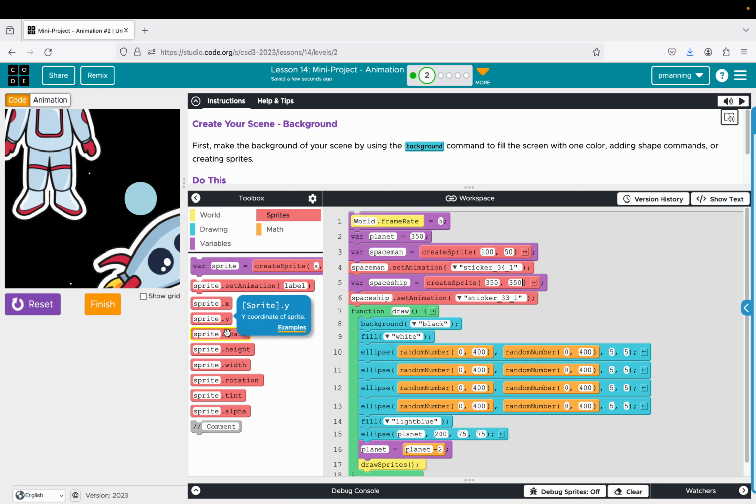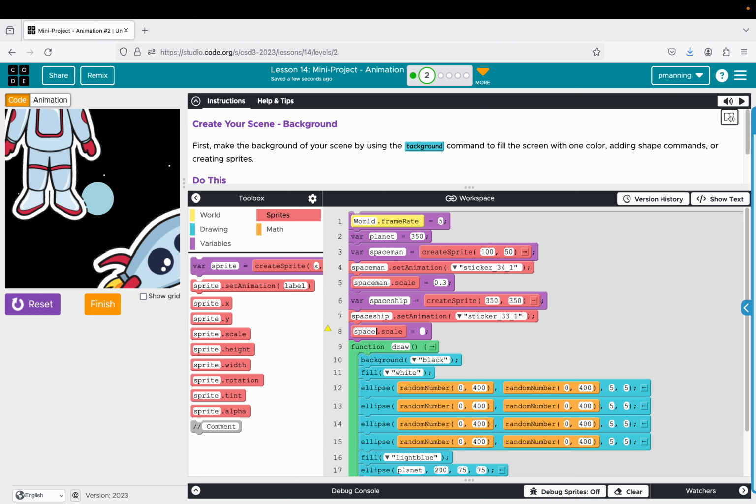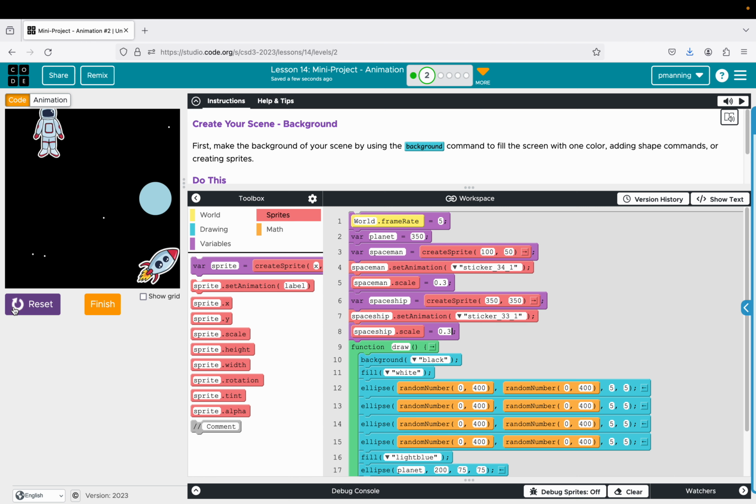So I'm going to add a sprite.scale. Man, let's do a 30% scale. And we'll do the same for the spaceship. Okay, and let's see how that looks. Okay, there we go. Okay, so I want to,